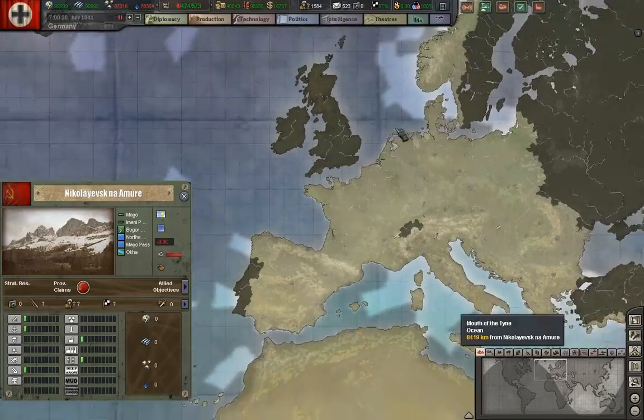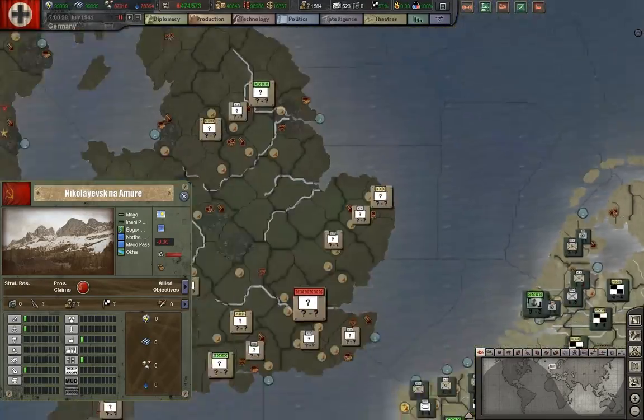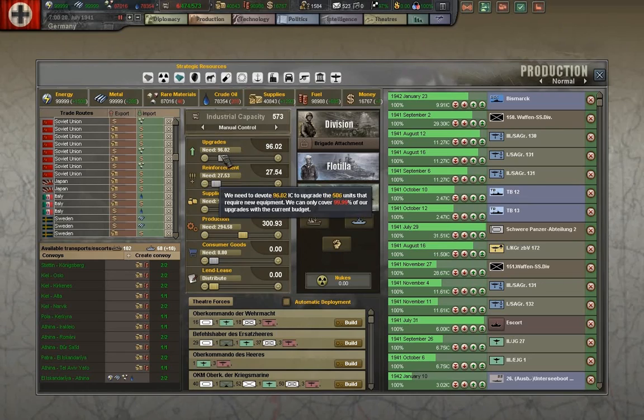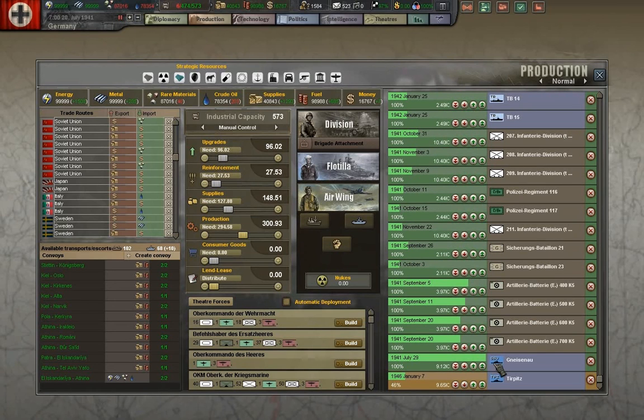But we're going to try an opposite channel dash, and I'll do that very micro-y to get them out here, and then get them to be able to operate in the Mediterranean and other places. Okay, so now